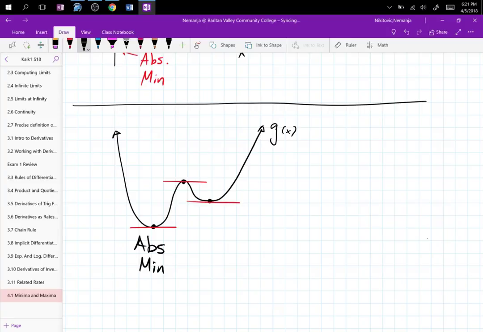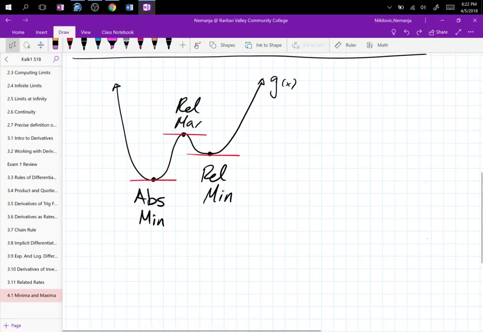How about the other minimum? Relative minimum. How about the max over there? Why relative? Exactly, because if I pick this point over here, it's taller, it's higher than my max. So in order for something to be absolute max, all other points on graph have to be below. So in order for something to be absolute min, all other points have to be above it, right? You are looking for absolute min, absolute max. Great. All right, now,